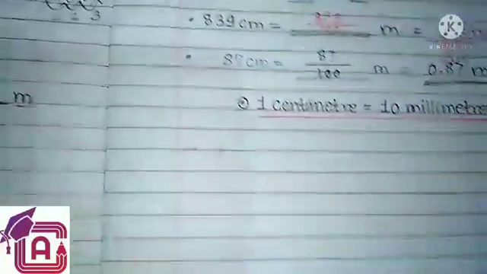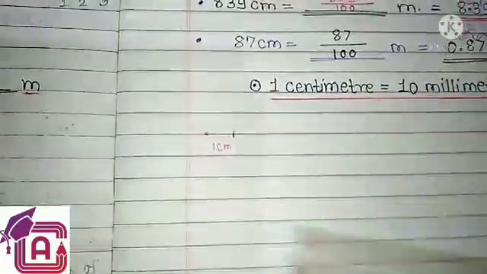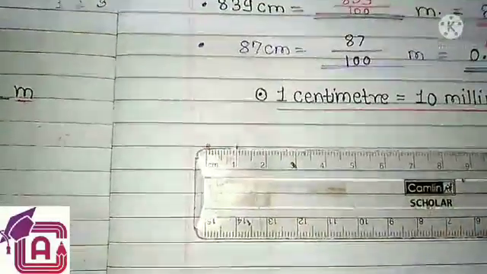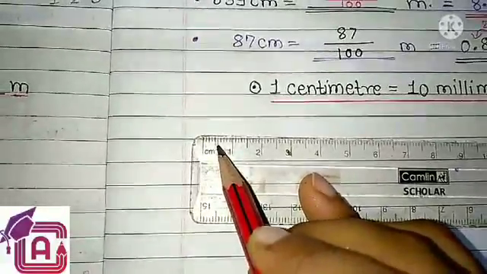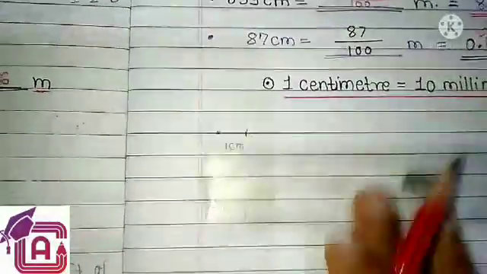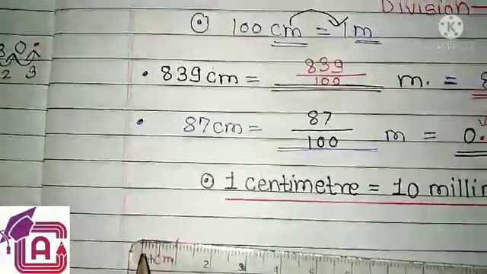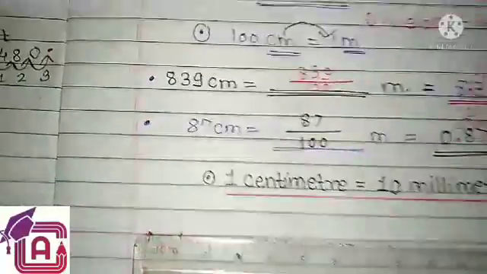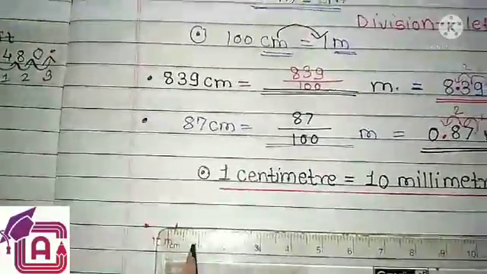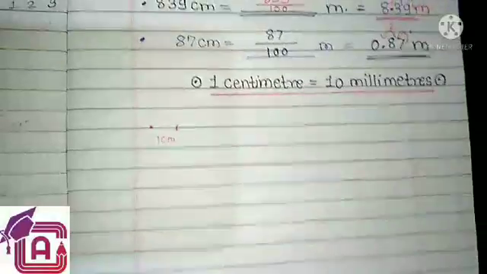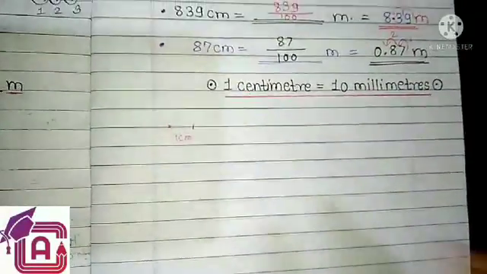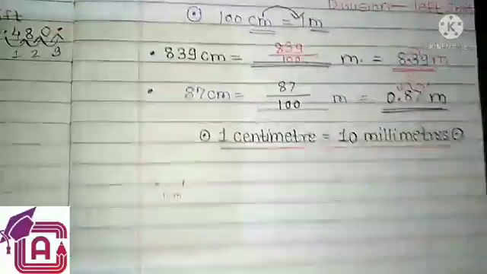So this is the distance of how many centimeter? 1 centimeter. And in between this 1 centimeter, how many small lines are there? 1, 2, 3, 4, this is a bigger line, means 5, 6, 7, 8, 9, 10. So there are 10 small parts. One part from those small 10 parts is called a millimeter. When we combine 10 millimeters, it becomes 1 centimeter, which is very useful in our geometry subject for drawing a geometrical shape, like 5 centimeter, 3 centimeter.